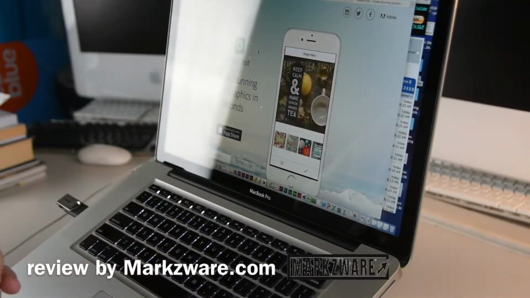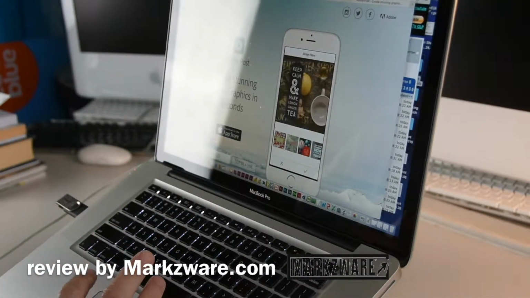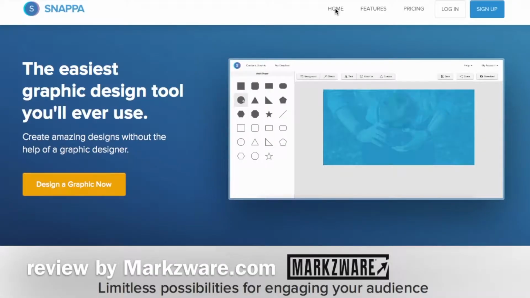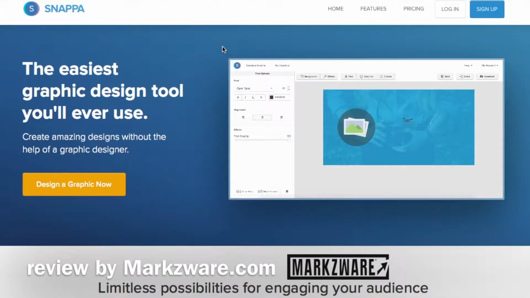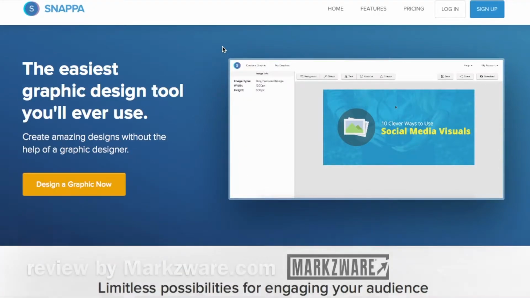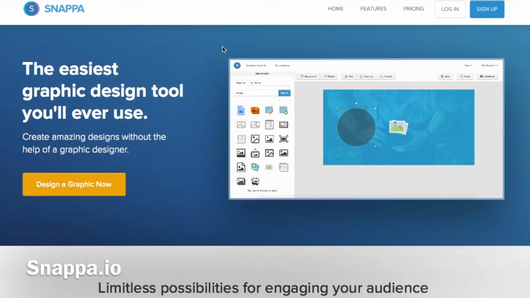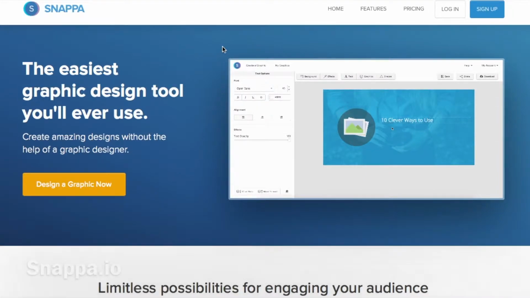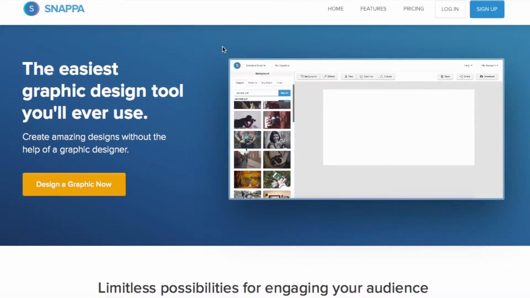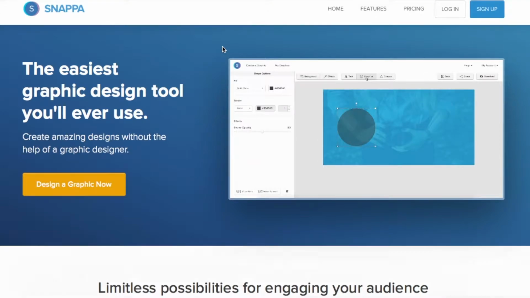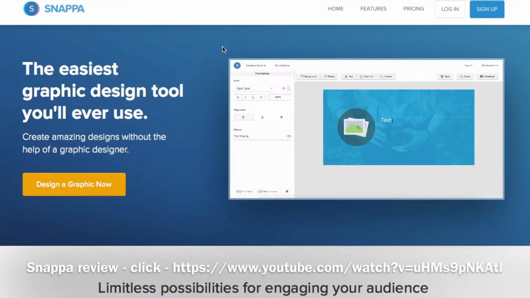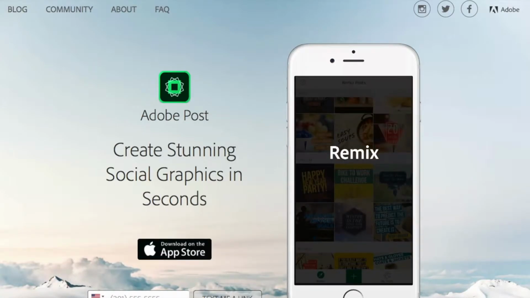Adobe Post is not a new product category. There are many others out there that do this sort of thing. For instance, Snappa.io is a very snappy way, I guess that's where they got the name, to create full layouts, full designs. They have many templates to make it very easy, and you can get more in depth if you want as well, adding various images, more than one image, more than one text box, and so on. Full control over the colors, shapes, very neat. If you want to check that out, you can click a link here. In any event, Post is similar to that.